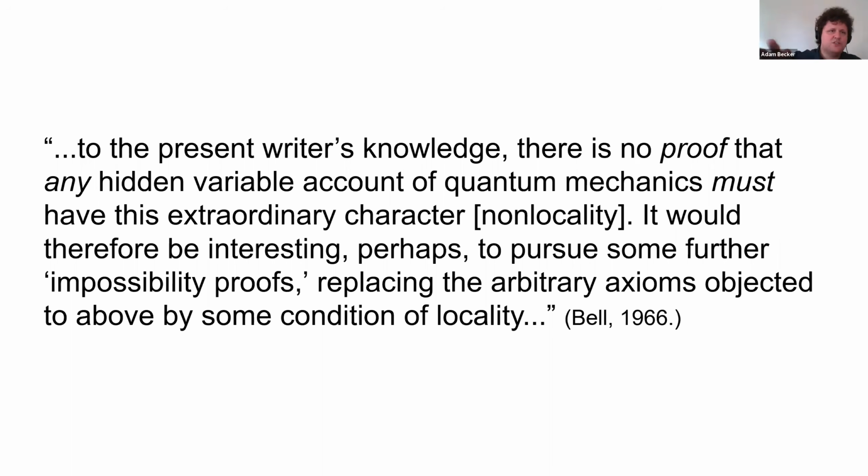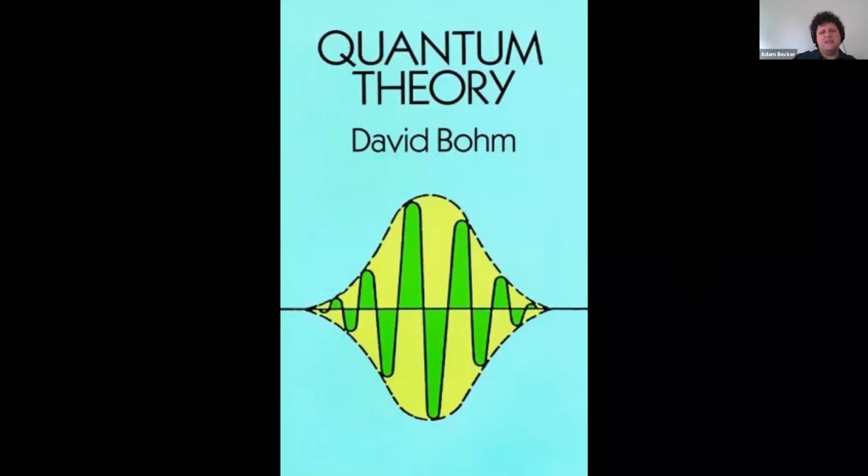So he went to the EPR setup as it was laid out by Bohm at the end of his quantum mechanics textbook from the early 50s, which is basically the version of the EPR setup that we all know and love today. It involves spins rather than particles entangled in momentum and position. So Bell played around with it, tried to find a model where he could make that all work locally, discovered that he could not, and then wrote up his theorem. So he sent that off.